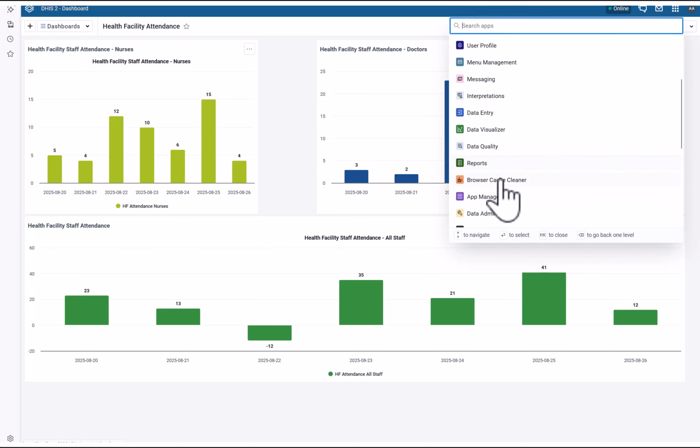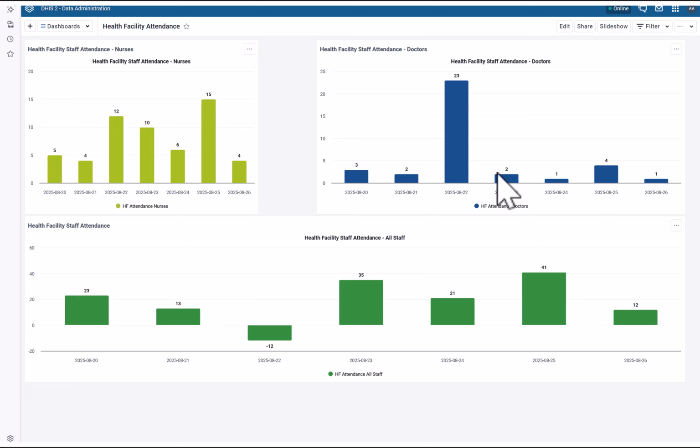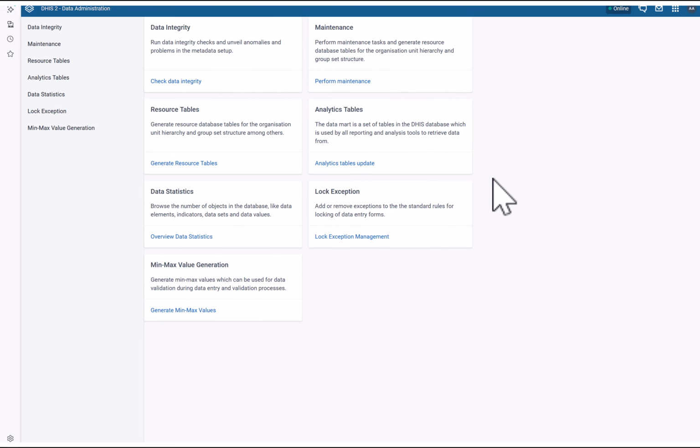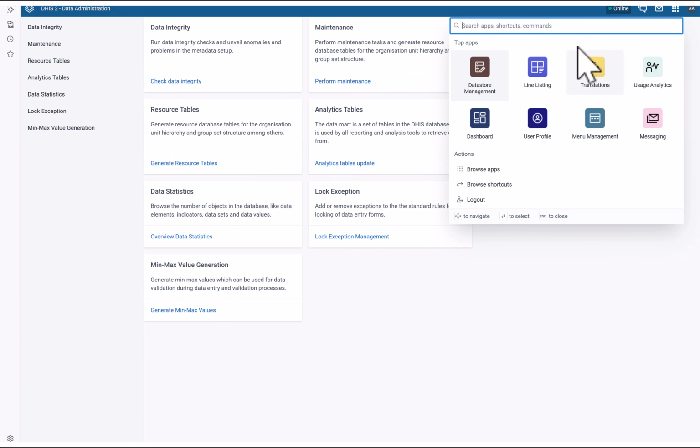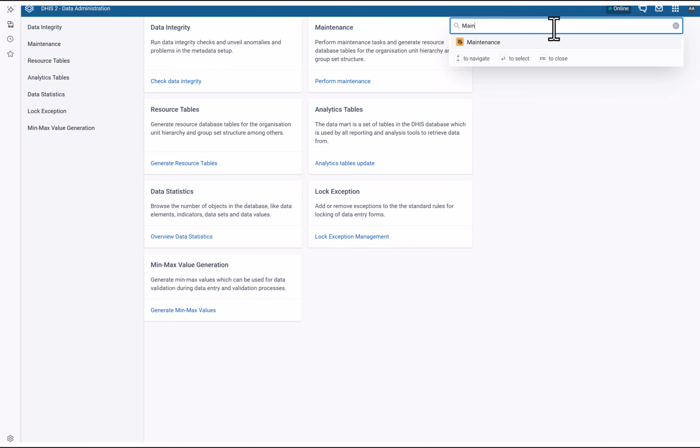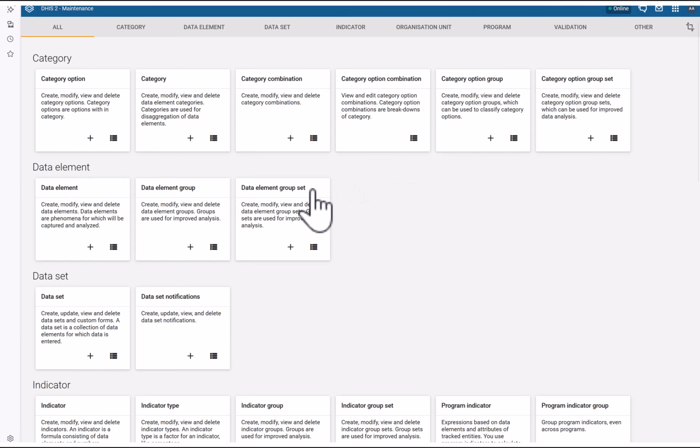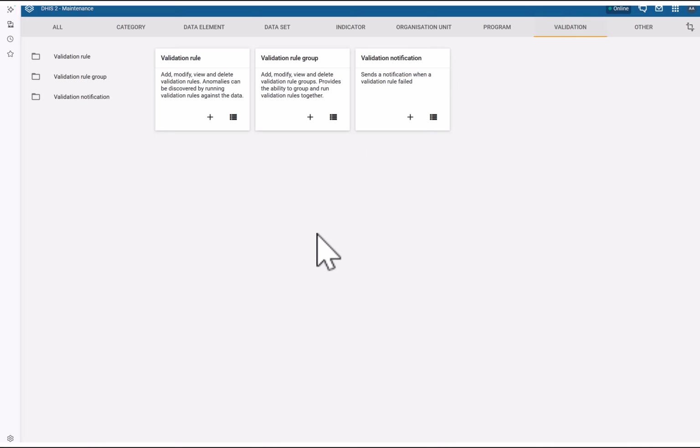It should be, it's not data administration. No, it should be under maintenance actually. Yes, maintenance. It should be under maintenance. So here you see validation, okay, validation rules. Now, validation rules here,